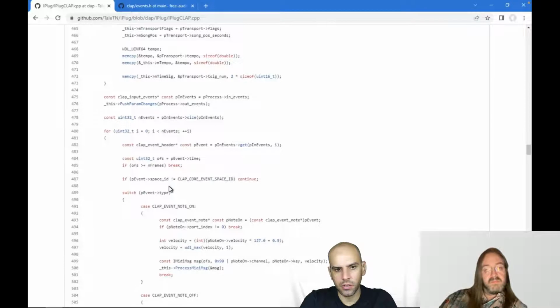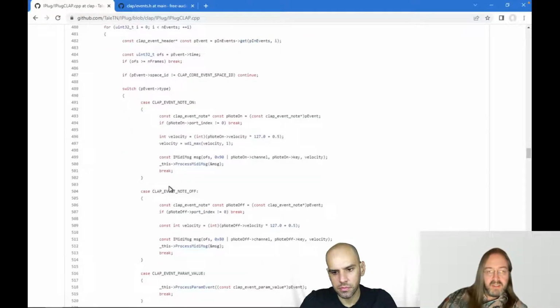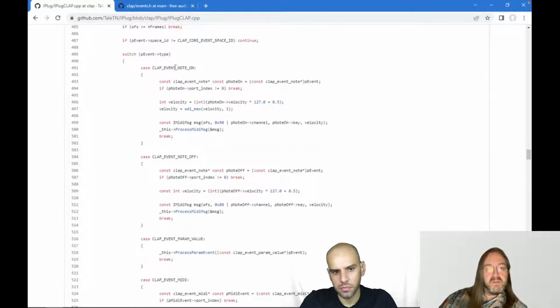What you're getting from the host in terms of MIDI is pretty much what you get in JSFX. It's just the bytes, and you have to do the parsing yourself. Well, that is possible, but there's also a CLAP note-on, which is not a MIDI note-on, because this has velocity and double floating point. You can tell CLAP, I would like to have normal MIDI, please, but there's no guarantee you're getting that. You can choose not to support this kind of events, but there will be hosts that don't support normal note-ons. So you kind of have to support both versions.